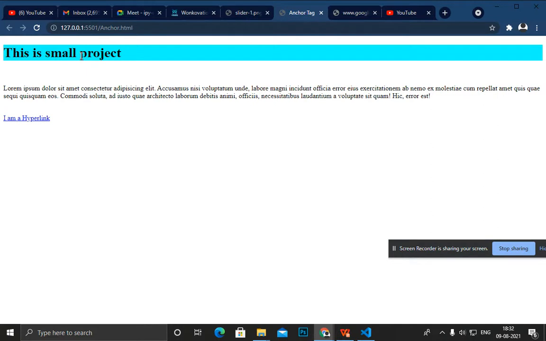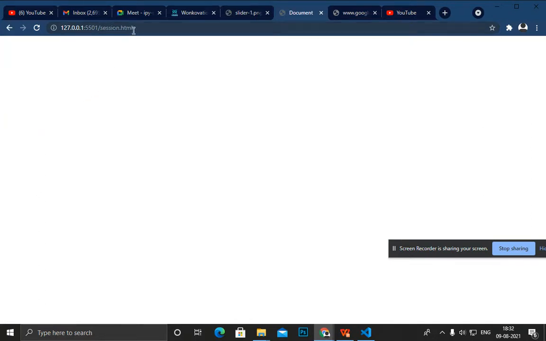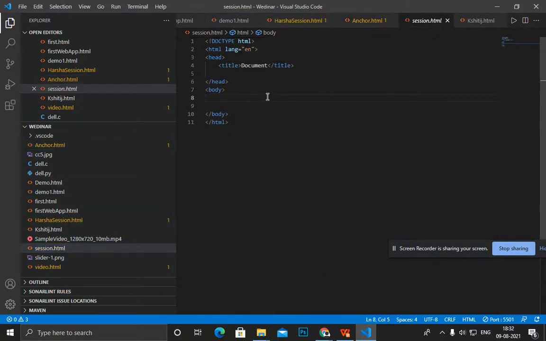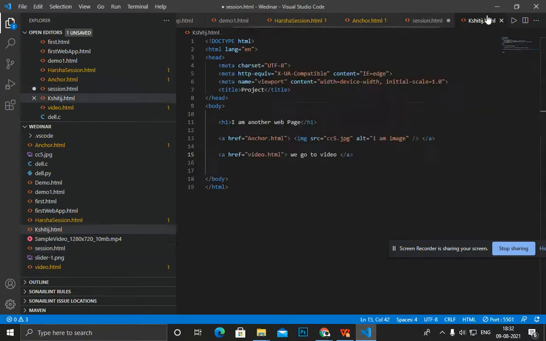In here we add one heading, a paragraph and one hyperlink. When I create this hyperlink, it goes to another file, session.html. In session.html I think it should display, but I don't know why it is not displaying. So in session.html we don't place anything. Just a minute.